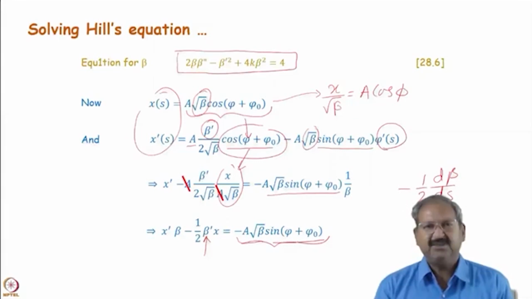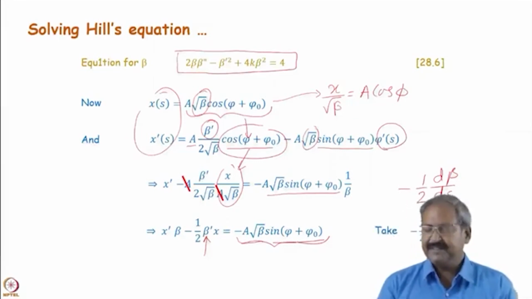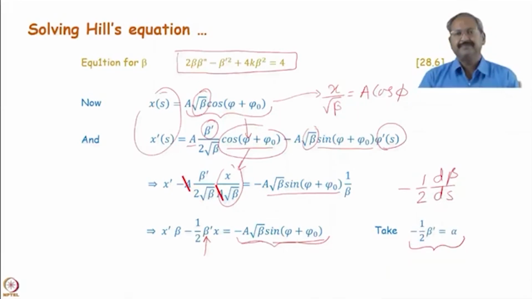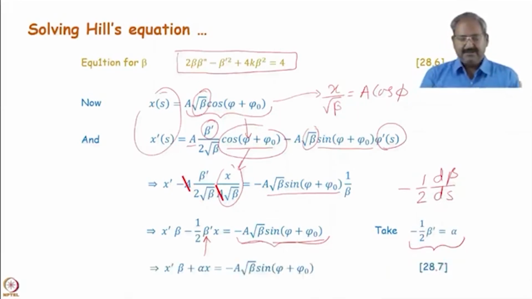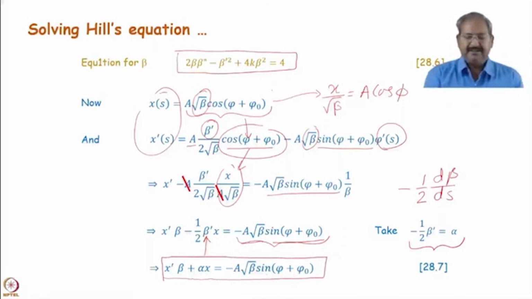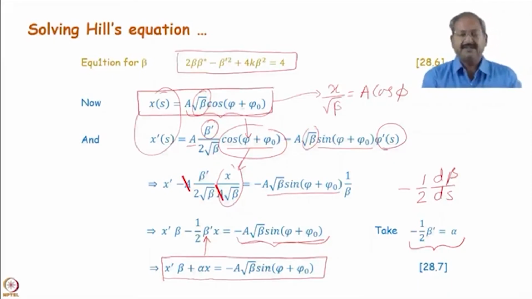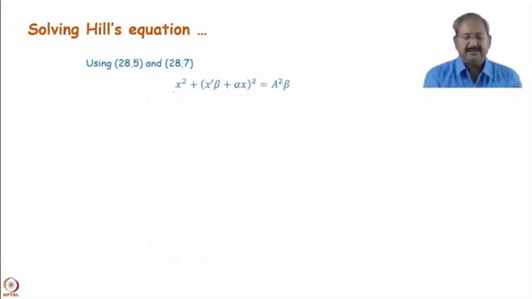Let us define this as a new variable, say this is alpha. So now our equation becomes x prime beta plus alpha x is equal to a root beta sine phi, and our displacement is x is equal to a root beta cos phi. So now we have a root beta cos phi and here a root beta sine phi. So if we square it and add it, we can get here 1, and our equation will be like this: